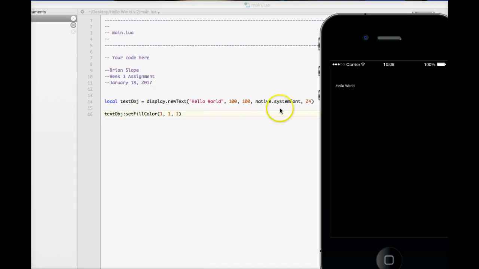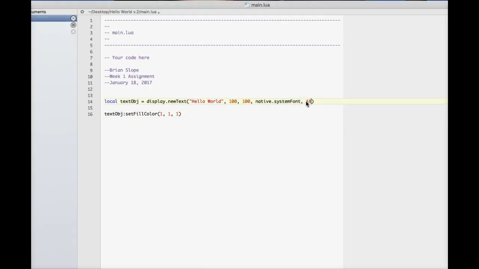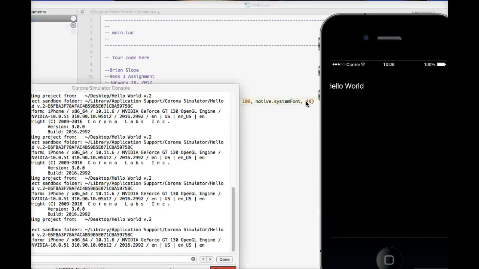This next part is for the font, and I just put in native system font. So whatever the default font is on your computer, if you use this property right here, you'll get that. We'll take a look at this in just a minute. 24 is the size. So if I were to come in here and change that to 48 and resave, notice how